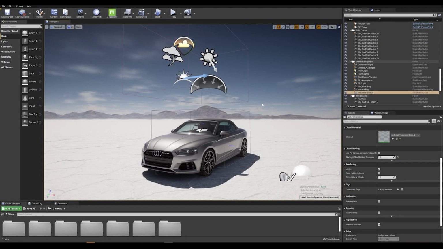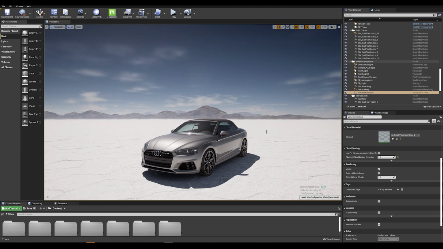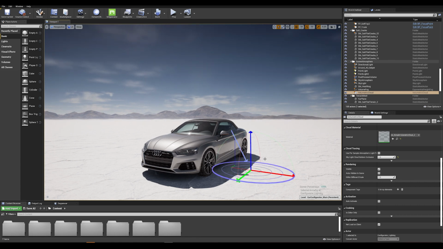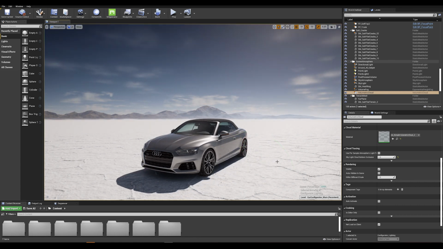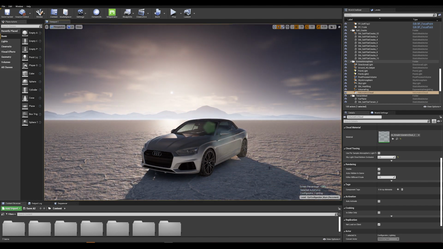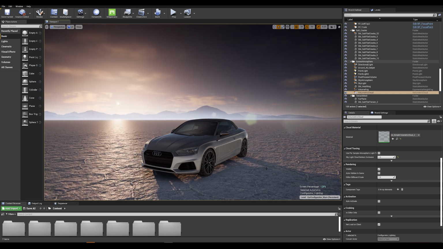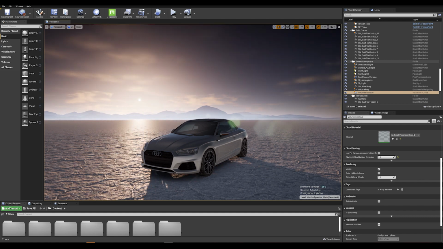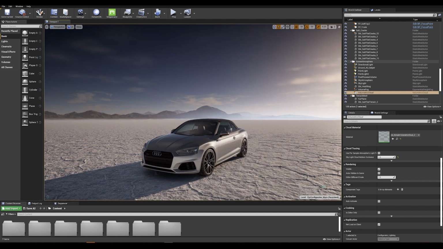Okay, so let's move on to another new feature that came out with 4.26, which is the volumetric cloud system, which really adds a nice touch to your sky and to your scene, especially with dynamic lighting, as I will be soon demonstrating. If I hold Ctrl L in my viewport, this allows me to control live the sun position in the scene. And as soon as I start moving this, we see the clouds reacting dynamically to the light, and we get the nice cloud shadows going on.